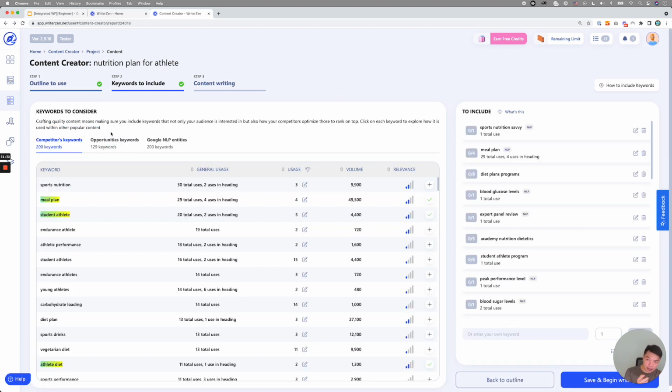So over here in keywords to consider, you can see the first column is competitor keywords. Competitor keyword is actually the NLP term, right? Other tools introduce it and say, oh, it's NLP terms and whatnot. We have it. It is essentially the same thing, but we run quite a few filters to make sure that the keywords that we present to you are very highly